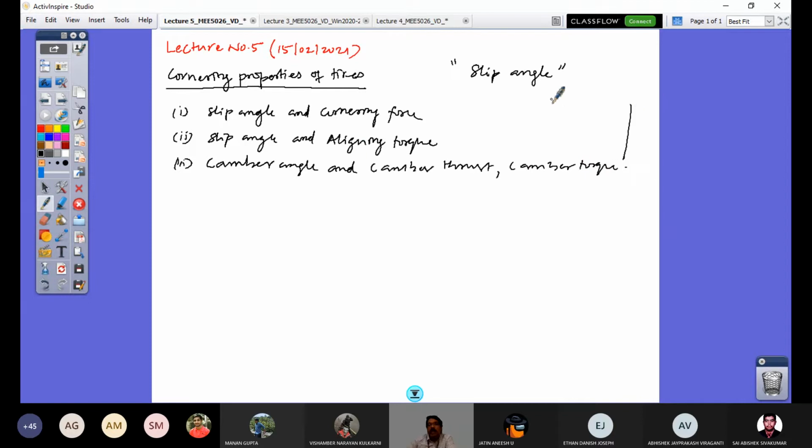We are going to look at how they vary, and also we are going to characterize this cornering property by modeling the tire in order to mathematically represent it, like we represented tractive effort as a function of slip. We will also derive the expression for cornering force. So that's the idea of today's lectures. One period now and one more period after this. So let's go ahead with understanding first what the slip angle is.